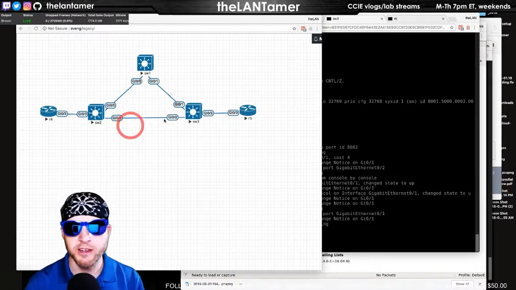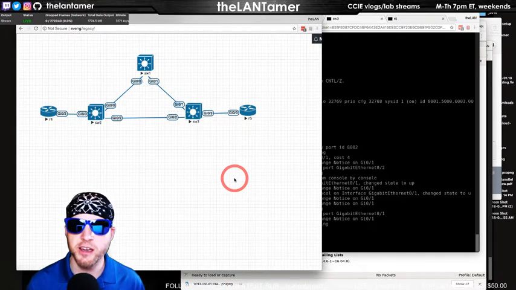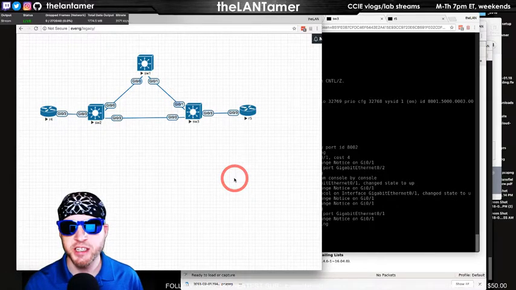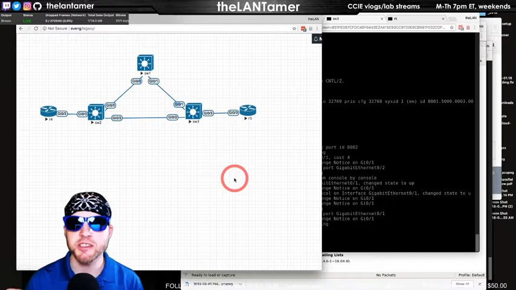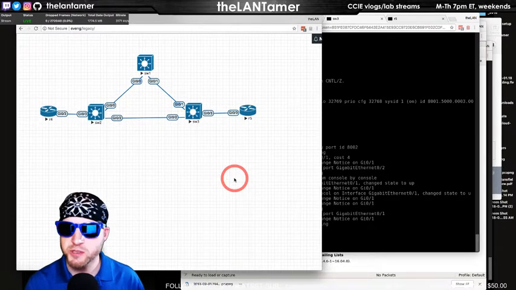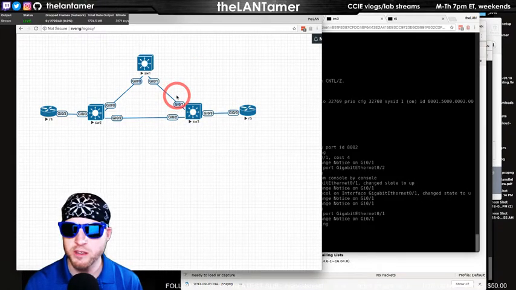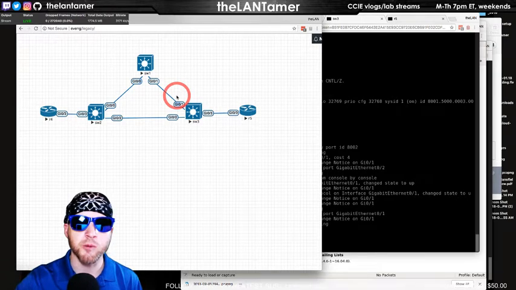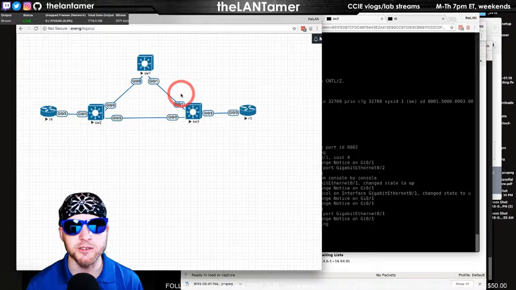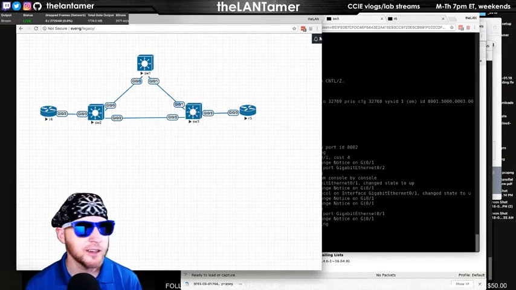Root Link Query. Yeah, I should know that. It's going to send a root link query, which is just a way to say, hey, there's been a change somewhere, and I just need to verify who my root switch is. I know I'm still getting BPDUs on this port, but I'm going to send an RLQ, and I'm going to wait for an RLQ response from the root. Once I have that, and I understand that this is still my root switch, then I'm going to go ahead and